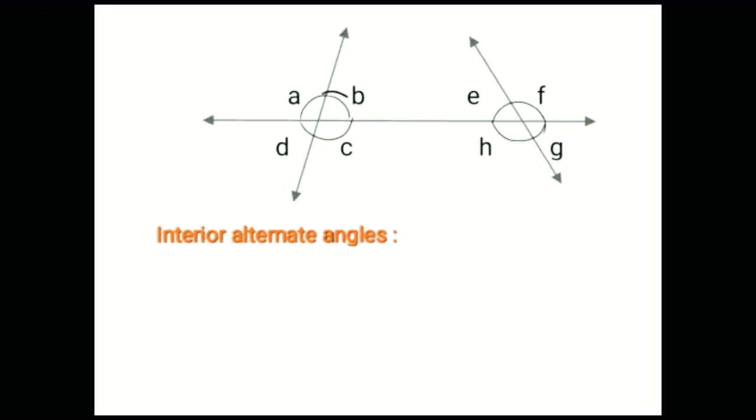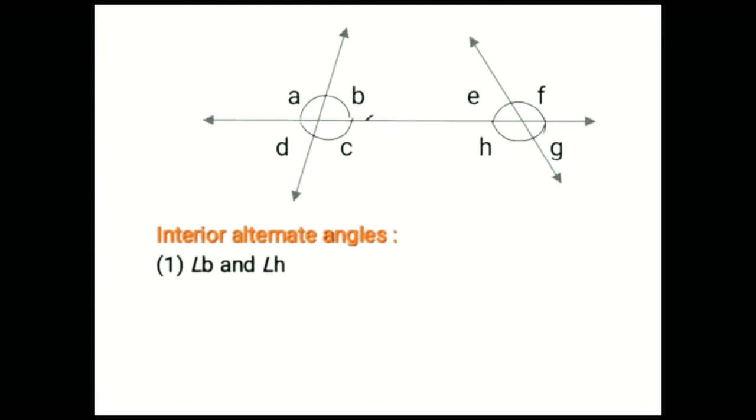If I take angle B, which is the alternate angle of angle B? Opposite side of the transversal and opposite direction, here, so angle H. Angle B is alternate to angle H. When you name the interior alternate angles or exterior alternate angles, you have to take it on the Z type of line. So it is coming here, Z. So the first answer is angle B and angle H.